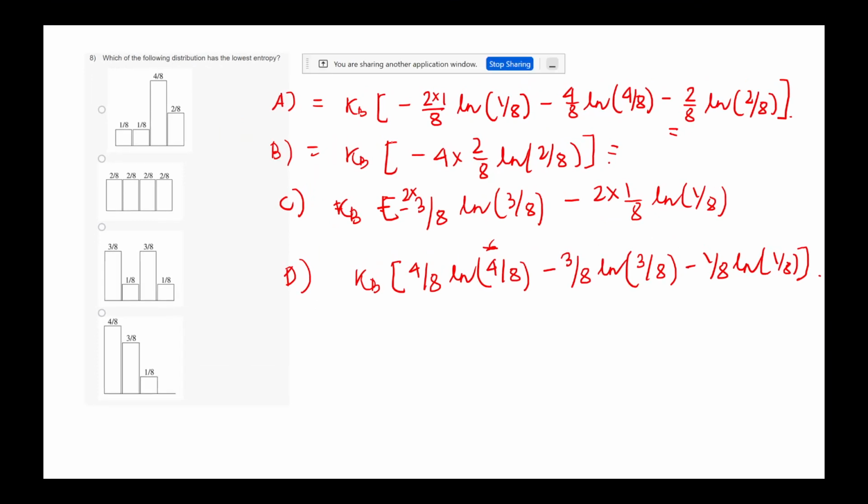Hi, we are actually solving this problem where we are trying to find which distribution has the lowest entropy. So as you know, to find the